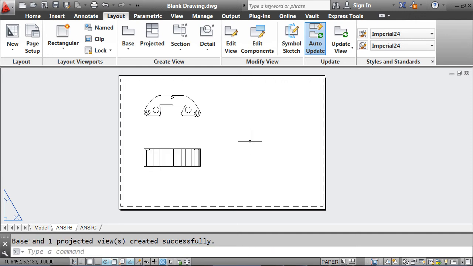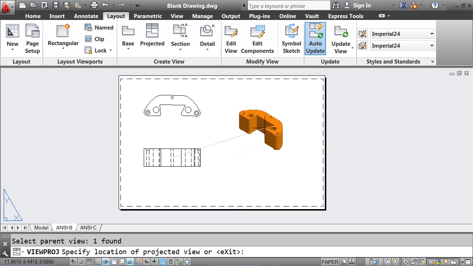I'm going to press enter to accept those two views. I notice that my line type scale is a little bit off, so I need to reset my LT scale. I'm going to set my LT scale to 0.25, and there the LT scale looks appropriate. I'm going to do a projected view of the front view to create my isometric and press enter, and it